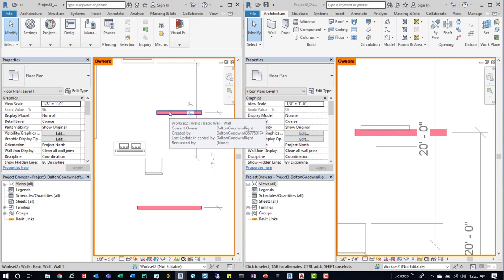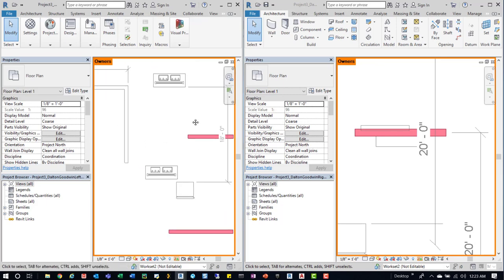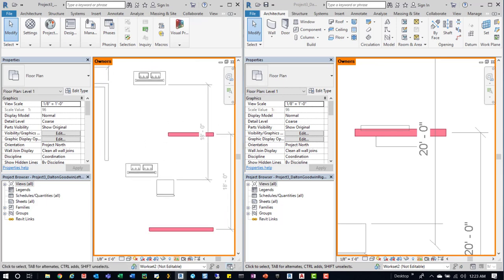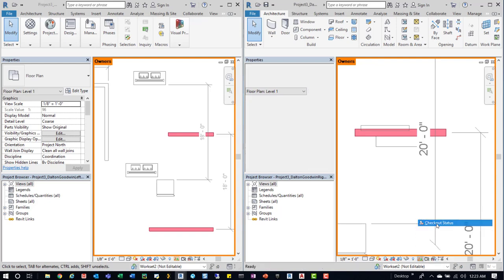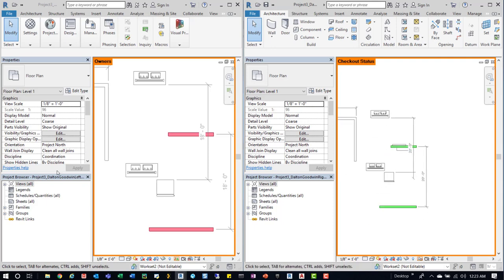Created by, so who created that, and then last updated it. But yeah, if you have this on, you can get a better idea of how these models are being created, who's doing what, and kind of get an idea of how it's progressing, just a little bit more information. So we'll just change this to checkout status